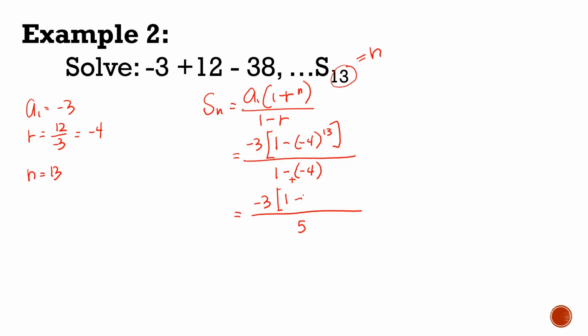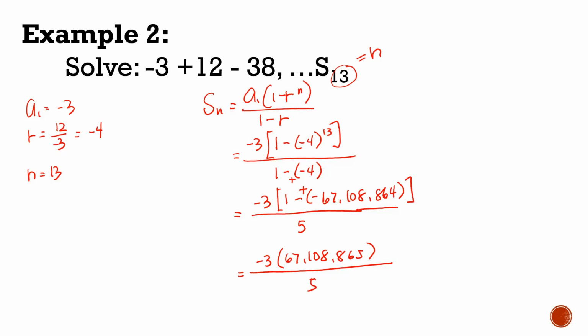So 1 minus negative 4 raised to 13 is 67,108,865, since this is going to be plus. So that means this will be equal to negative 3 times 67,108,865